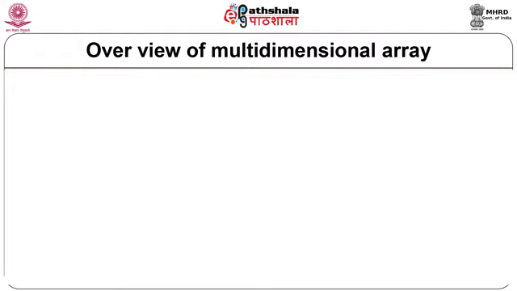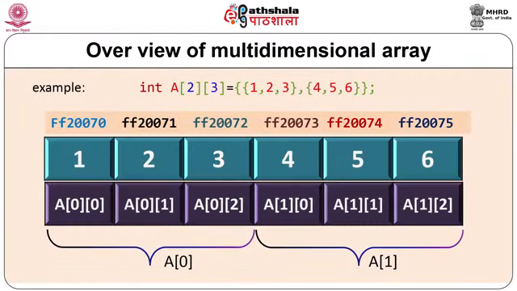Let us see how any two-dimensional array can be stored with its elements. In this example, we take an array A with 2 rows and 3 columns. Here we are assuming array A[2][3], 2 rows and 3 columns. Our array is an integer array because the array elements are integers, like int A[2][3] equal to {1, 2, 3, 4, 5, 6}.